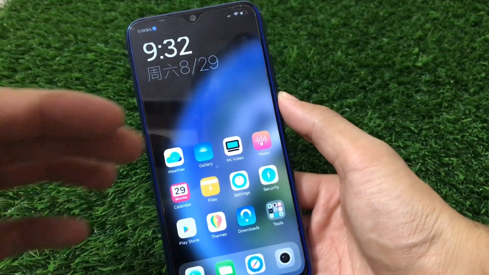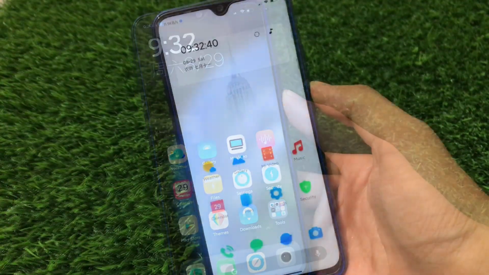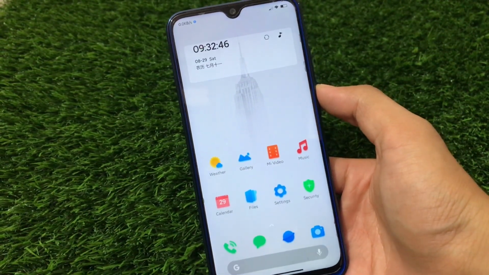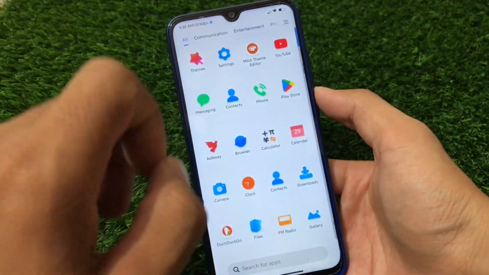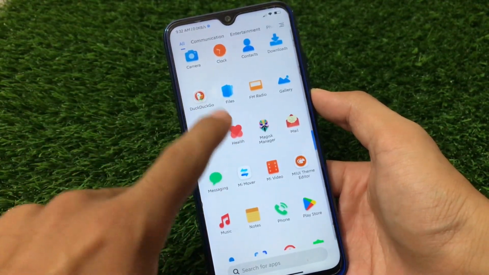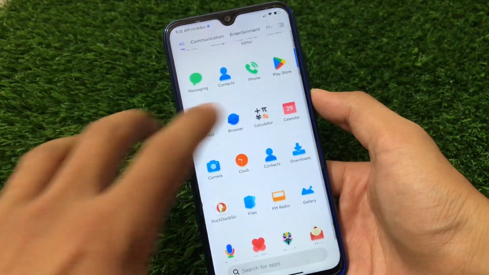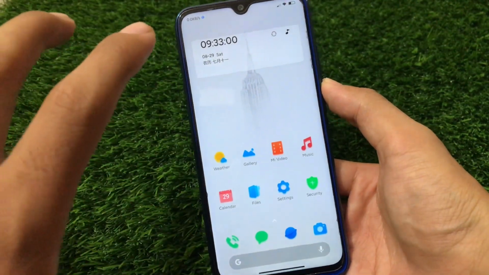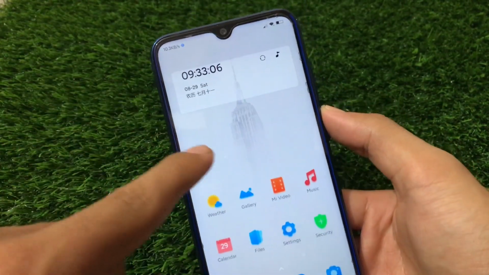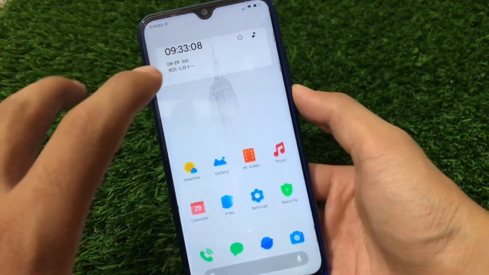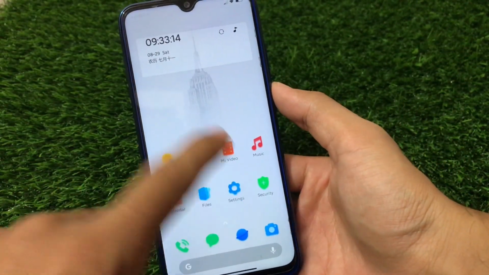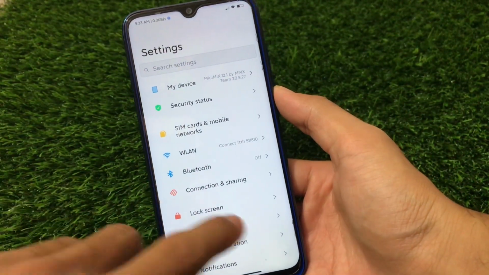Now let's move on to our last but not the least, the third theme in our list. If you're also a fan of white colors and white wallpapers like me, you will surely love this theme. You can see everything is fully white, but the icons are super impressive. The Magisk icon is there, the FM radio, gallery, all the icons look very interesting. And if you talk about the home screen, this looks very cool. You can see the wallpaper here, everything is white but looks very interesting. The widget is here, and the status bar icons are like the normal ones, which look very cool. And if you talk about the settings, we don't get any theming option available here.